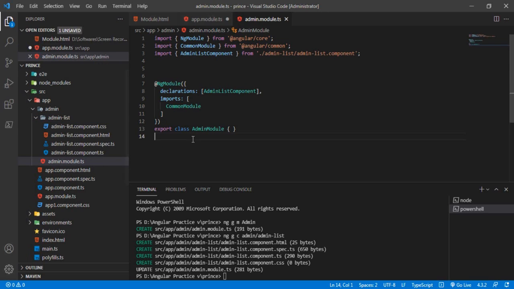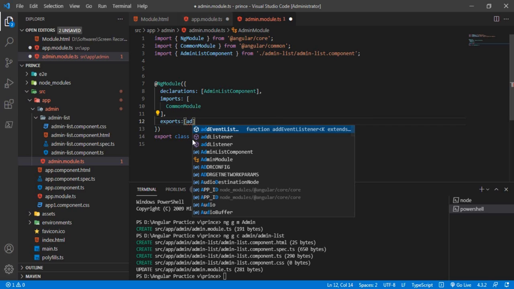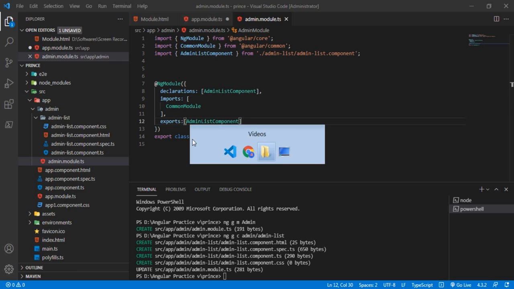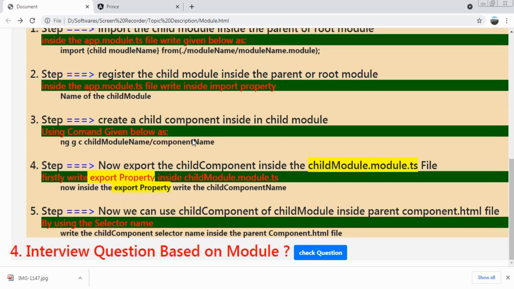Inside this we should write the property name exports, and inside this we will write our component name, like admin list component, through which we are able to specify to our parent module that we are exporting a file from the child module to the parent module, through which we are able to use this child component inside the parent component. So let's follow step number 4.